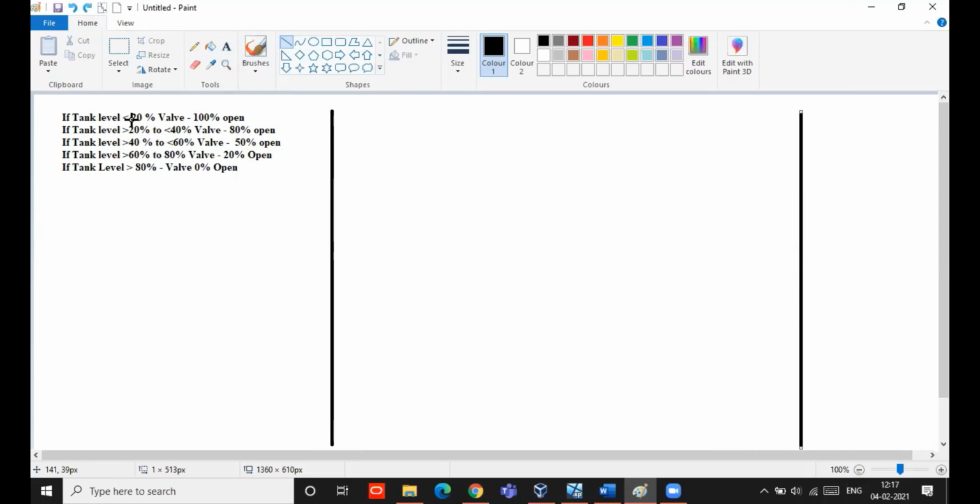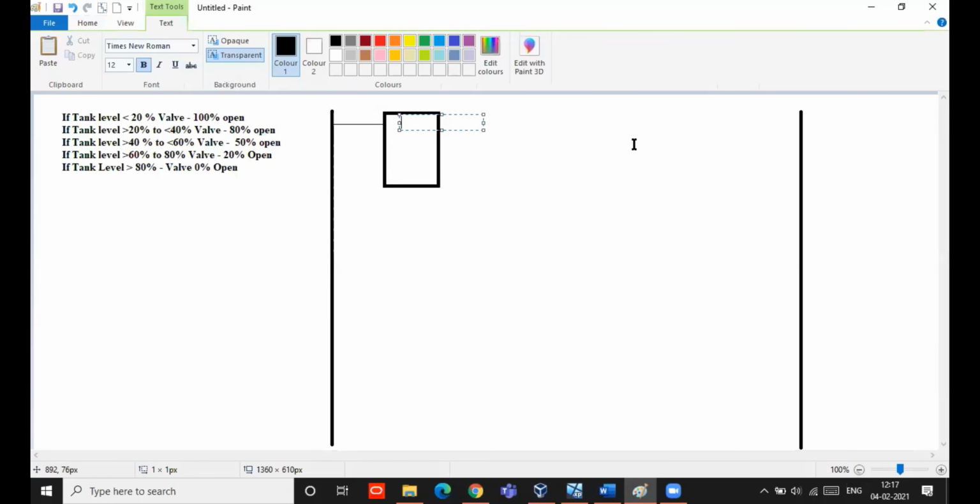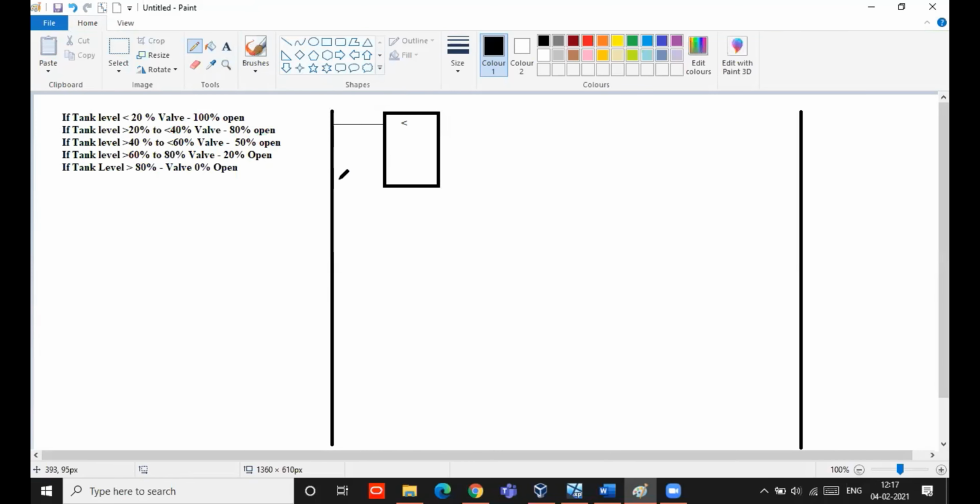So what is the first condition now? If tank level is less than 20, valve should be completely open. So what I have to do? First, I have to use a less than comparator. The comparator I am using here is less than comparator, and it has to compare two values.